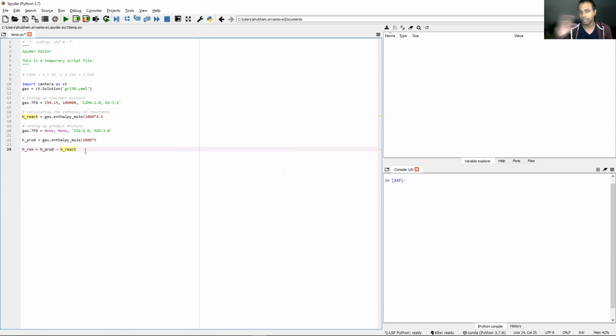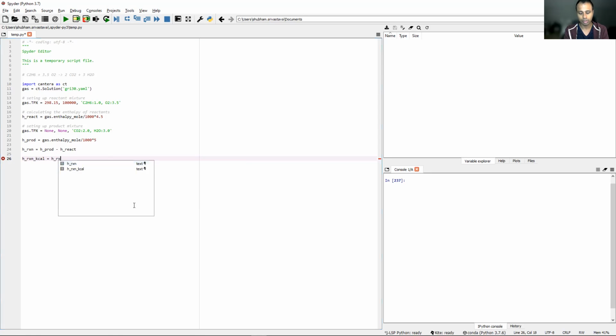However, all of this is in joules. On the slides, we saw it was in kilocalories. So to convert joules into kilocalories, we have to multiply it by 0.00024, I think. Then we'll just write H reaction kilocalorie equals